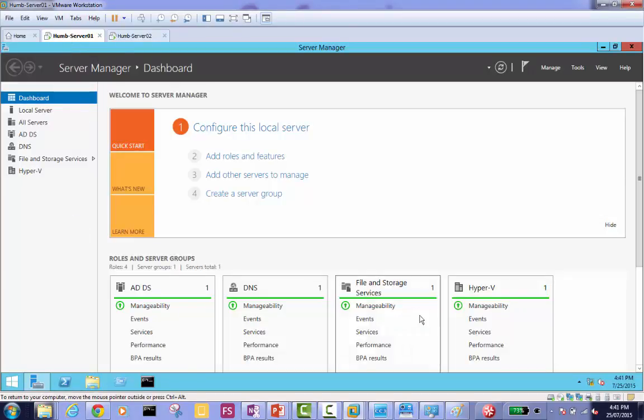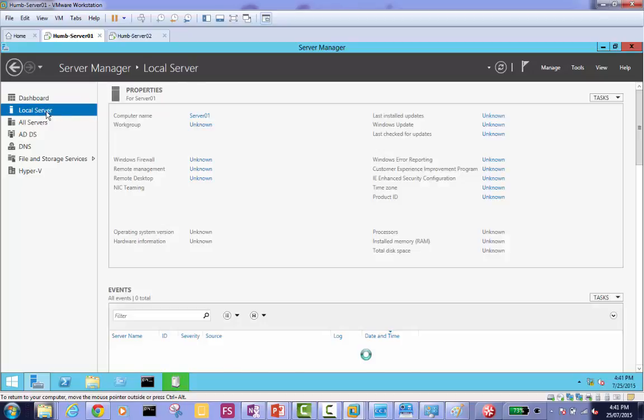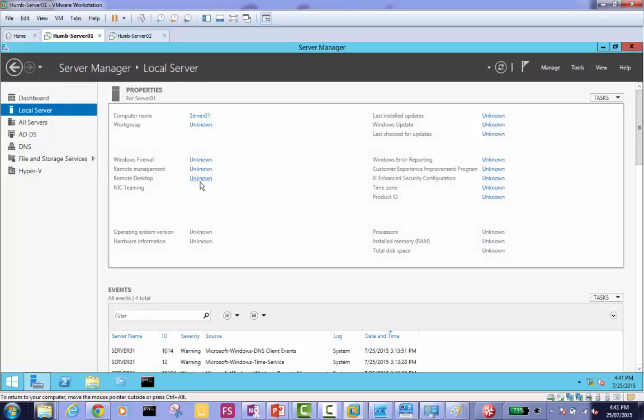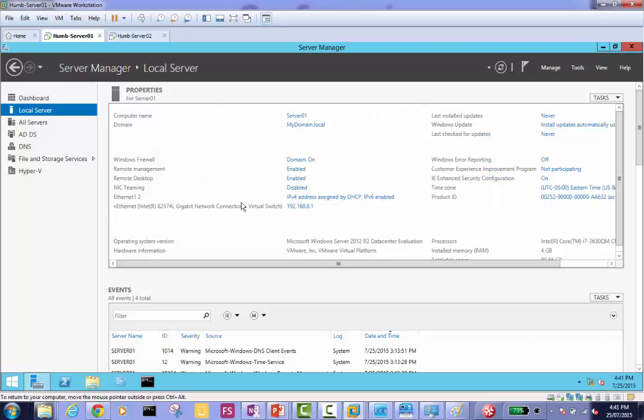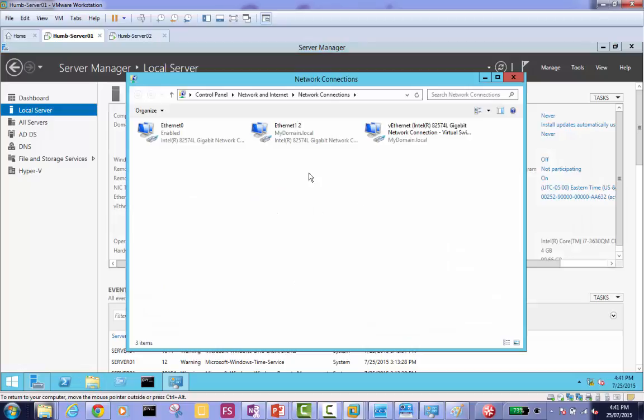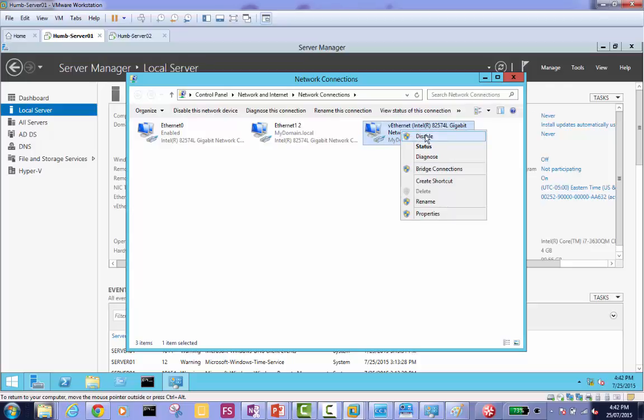Okay, I have a second network card here on my domain controller. Now I'm going to configure that. I'm going to local server, and on the domain controller, go to the network card area. There's a virtual switch. This means I configured Hyper-V. Oh, that's why. Okay, ignore that. In fact, I'm just going to disable it. If you have this vEthernet, disable it. Okay, the second network card is Ethernet 2.